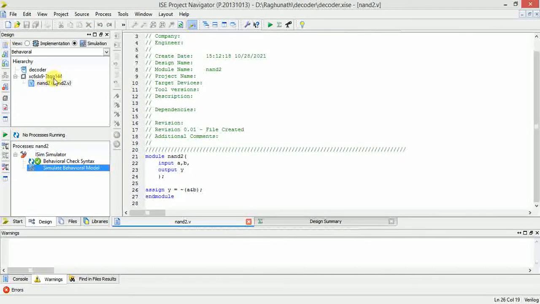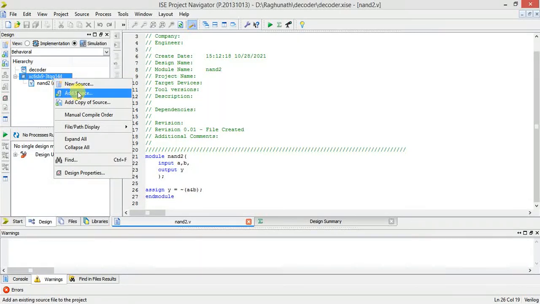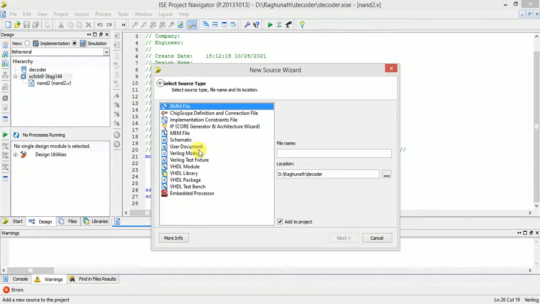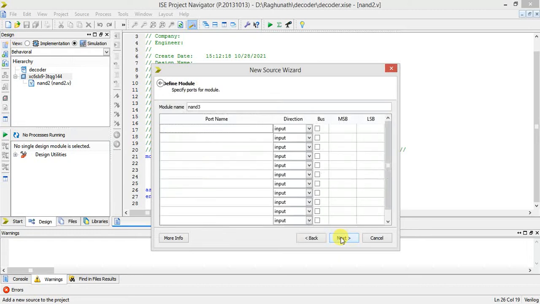Similarly, create the 3 input NAND gate. Add new source, again click Verilog module. I want a 3 input NAND gate. So NAND 3 indicates I am writing NAND with 3 inputs. Again write the 3 inputs as A, B, C, and output as Y. Change this one here to output.